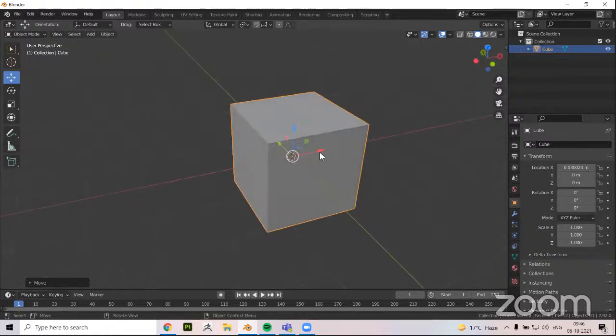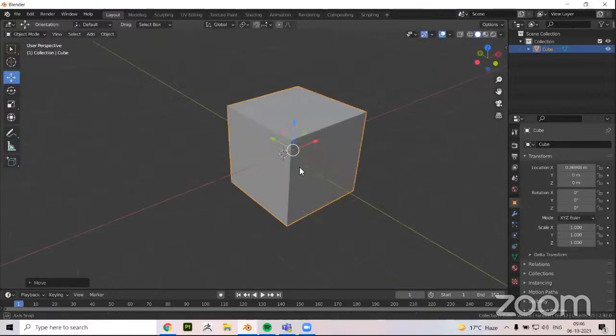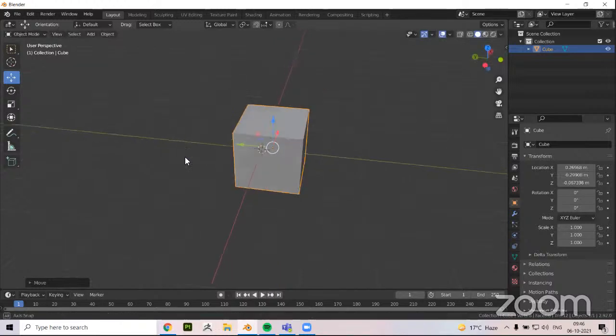Okay, and to move them on the same axis: this is moving in x-axis, this is moving in y-axis, and this is moving in z-axis. And as we move